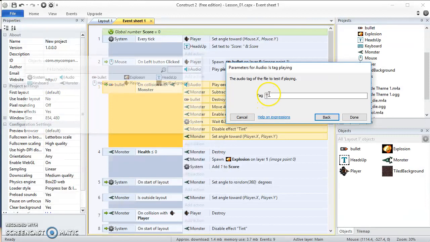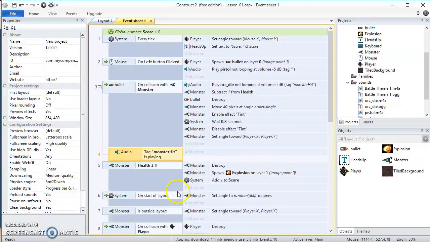And that's where that tag comes into effect. So I want to say if monster hit is playing. So I'm still checking to see if the bullet's making collision with the monster, but now I'm making a second check: if the bullet's making collision with the monster and monster hit is playing, I'm going to